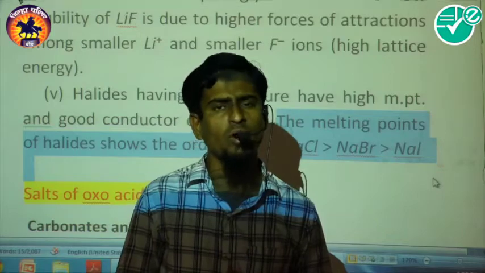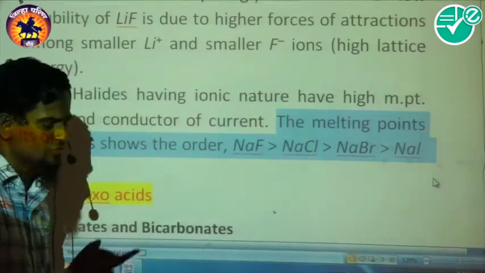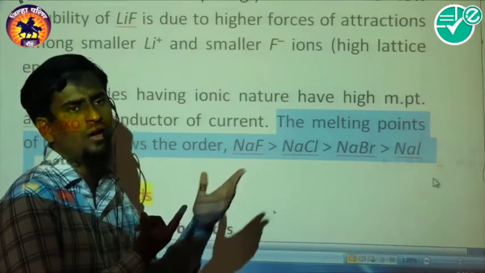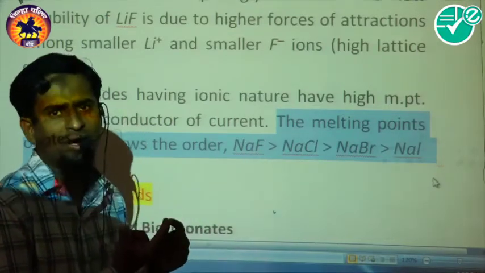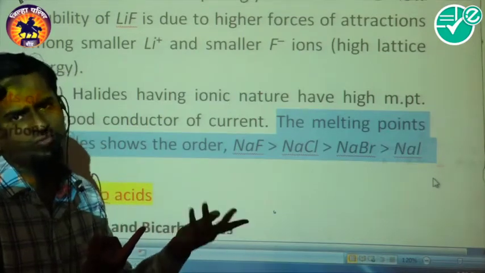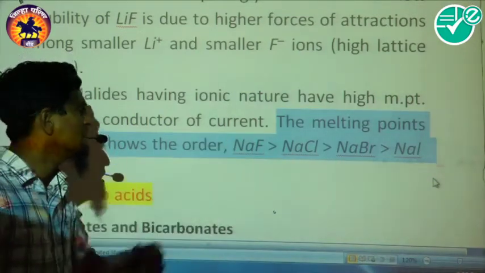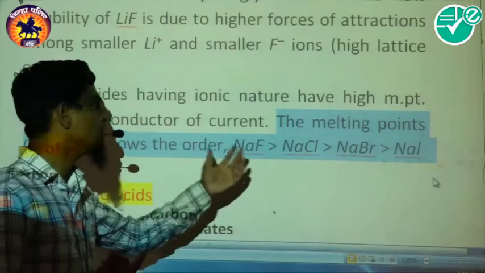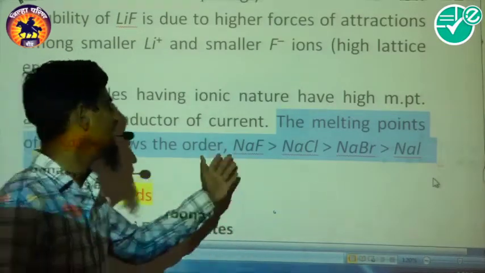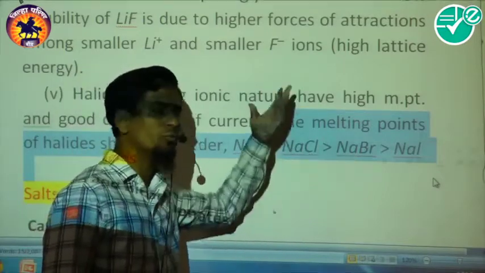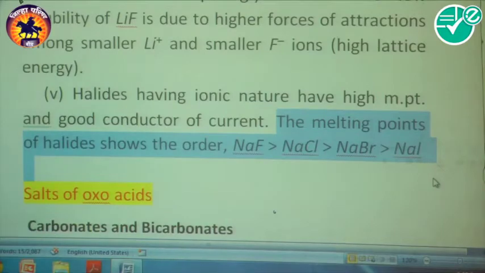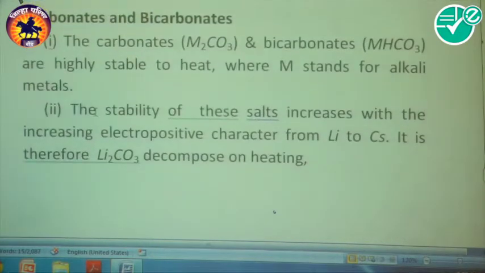So what do you want to learn in these halides? The first one is, on the basis of Fajans' rule, they may ask any kind of question. I only explained the example of the covalent nature of lithium iodide; they may ask you about ionic nature, vice versa. Then as far as melting point is concerned, fluorides have higher melting points as compared to other halides, and the trend is easy: from top to bottom it decreases. Come to the next, salts of oxo acids.